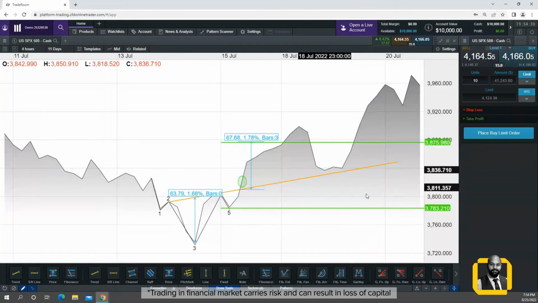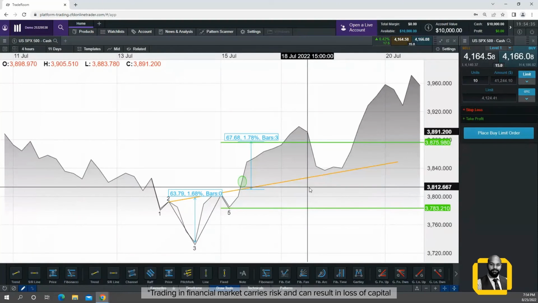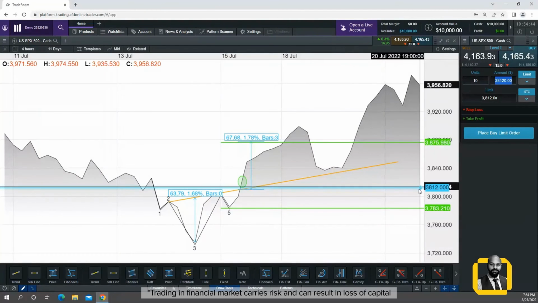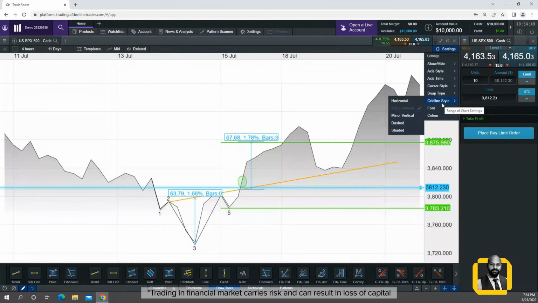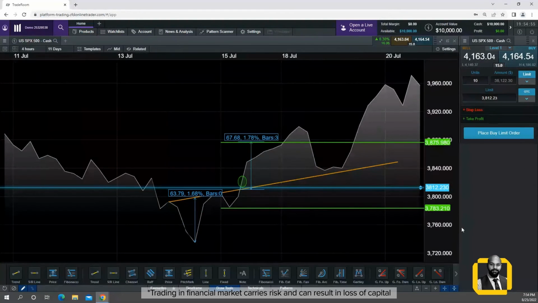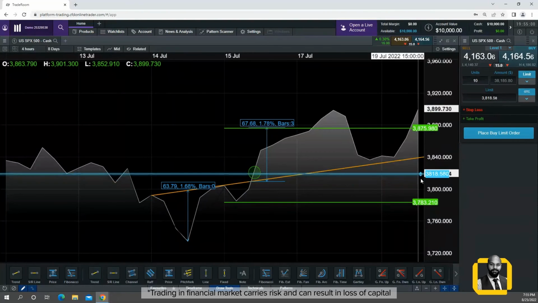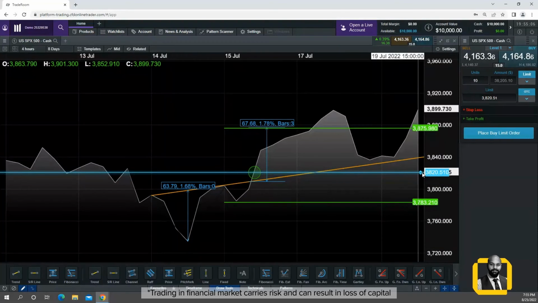Now let's look at our entry price. So entry price over here is roughly at 3812. Now we are taking a buy, so you can see the blue line here. Just for you to see the lines better, I'm going to change my color theme to dark. Yeah. So now this is easier for you all to see, I'm guessing. Okay. Now I'm going to take a buy at this blue line. Of course, we're not going to get an exact buy at this price. Probably a little higher is something we can look at buying,